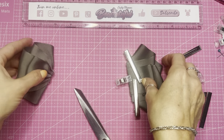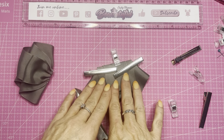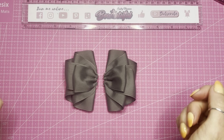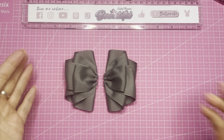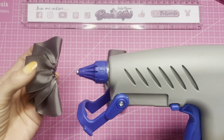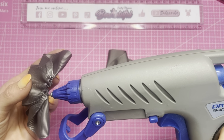And now we're going to stitch the other half in exactly the same way, 10 stitches. So we have our 2 halves of our bow now ready to join together. So I've got my hot glue gun here. I'm going to place some hot glue along that middle